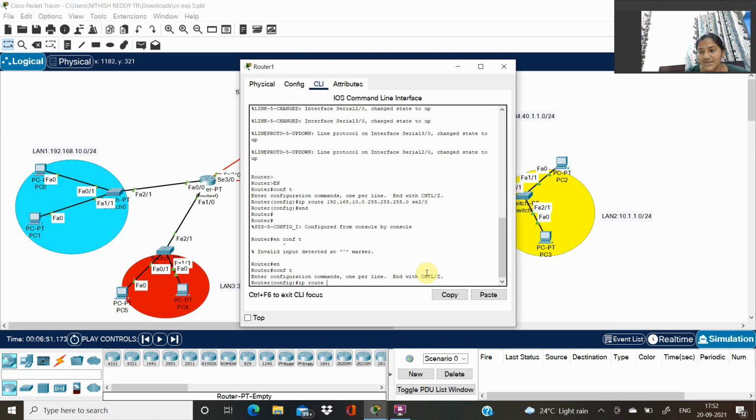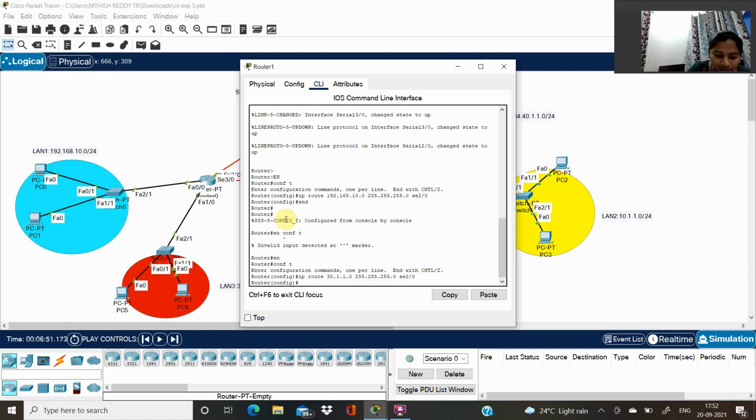So our LAN 3 network address is 30.1.1.0, then subnet mask as 255.255.255.0, and then these both are connected to series 2, so we have to give series 2/0. Then we're gonna end it.